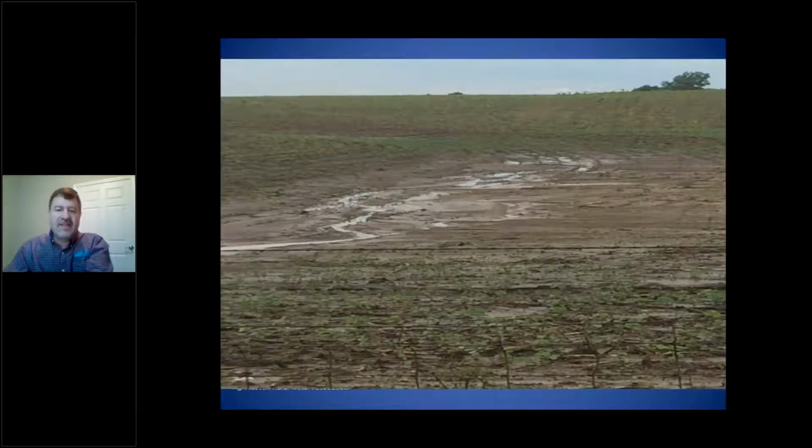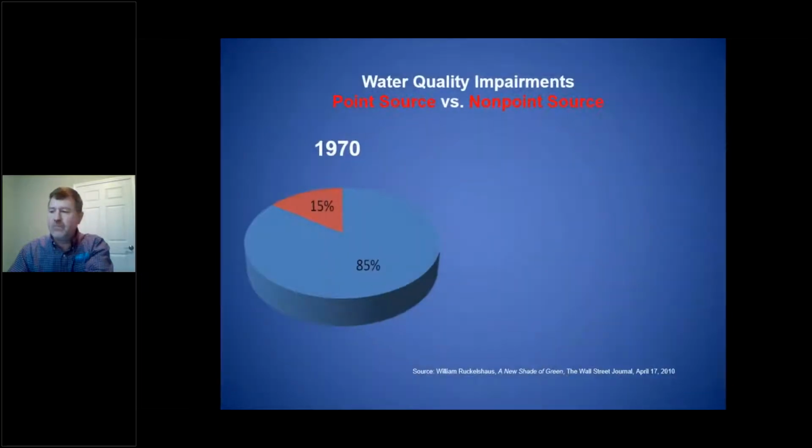Just a picture I like to show. When I popped this up, Zach said, wow, that looks like Iowa. Well, that's actually in Missouri. And I would ask all of you when you drive around to look at the crop ground, look at what's coming off. I like to say every single thing that comes off these crop grounds becomes my drinking water one time or another. So really take a look at it and see what you see as you're driving around the state, because as I started getting in that mindset of that's somebody's drinking water, it really changed the way I saw things. So this little slide just talks about the difference between what it used to be compared to what it is now.